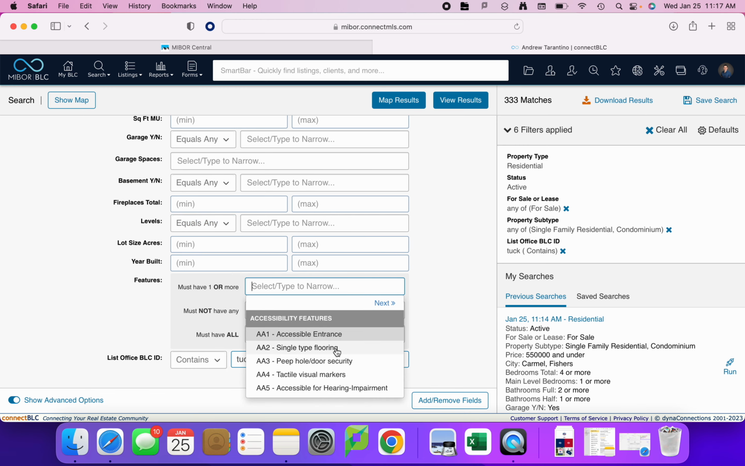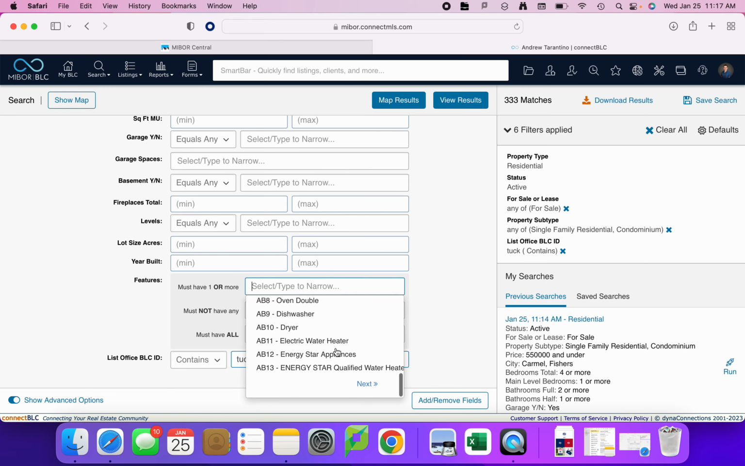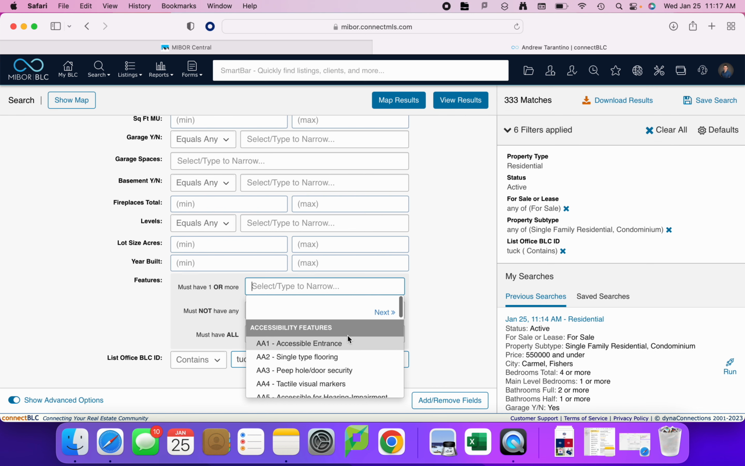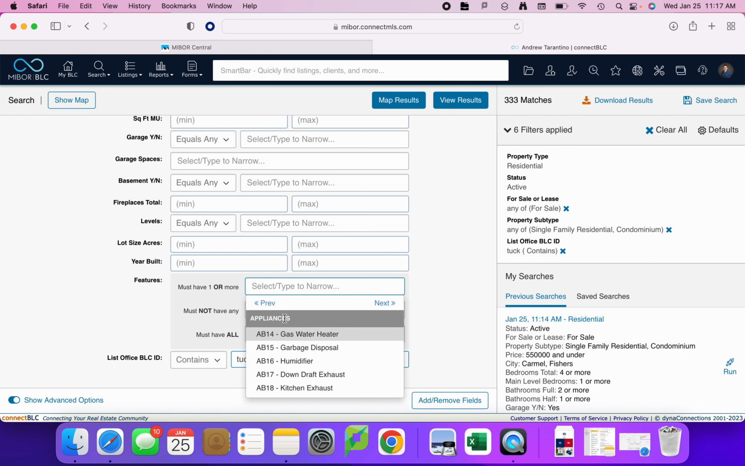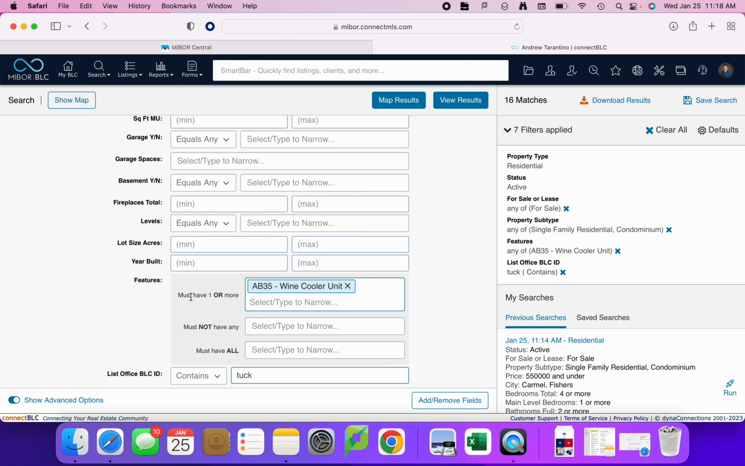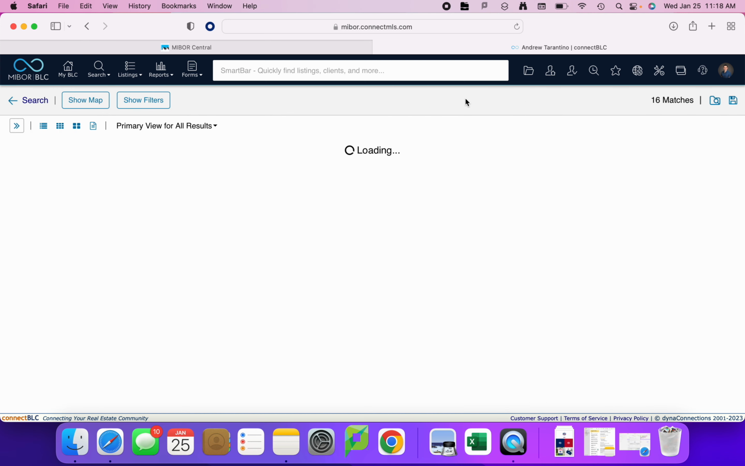I mean, you could go under features. Features is actually every single thing in the house. So you're seeing accessibility features, you're seeing appliances. You'd click this blue next arrow to get a little further. So let's say a wine cooler. They want a wine cooler in their house. So it must have a wine cooler. Apparently there are 16 matches where somebody put in that there is a wine cooler, and it is listed with Tucker. So if I view matches,